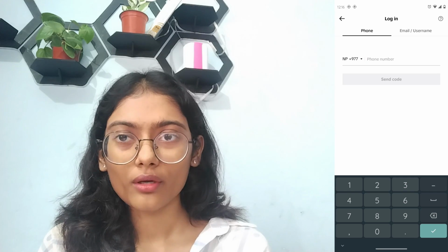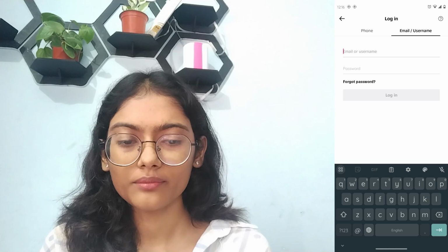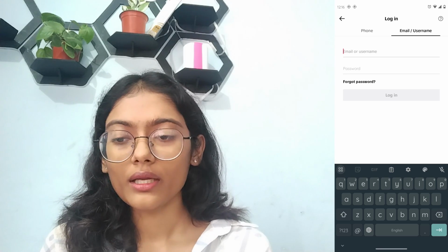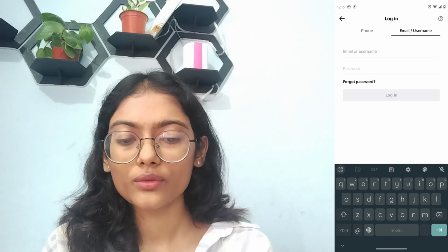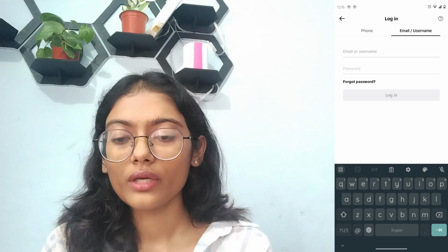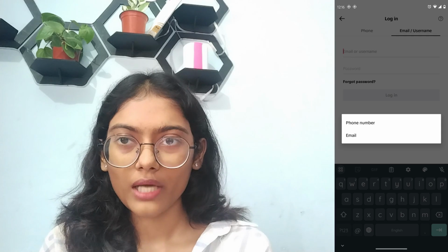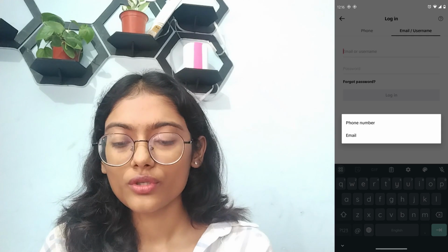But if you don't remember your phone number, then you can go to the right side, which is email or username, and then here you have to enter your username, and after entering your username you can enter your password and then log in. But if you don't remember your username, then you can enter your email address, or if you don't remember your password, then you can simply tap on forgot password and you can choose your phone number